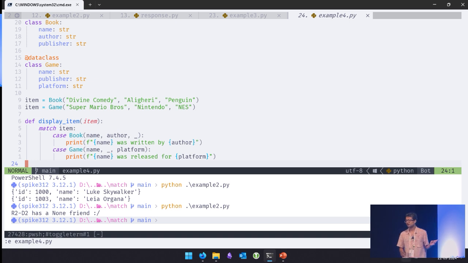So normally here we have to put an isinstance check and do all those kinds of things. That's not required with the pattern matching syntax; you just put this. Internally Python will still do all those isinstance checks, but we don't have to write that code. We can just put: is it a Book? Then I want these fields. Is it a Game? I want these fields. And then use them directly in the block.